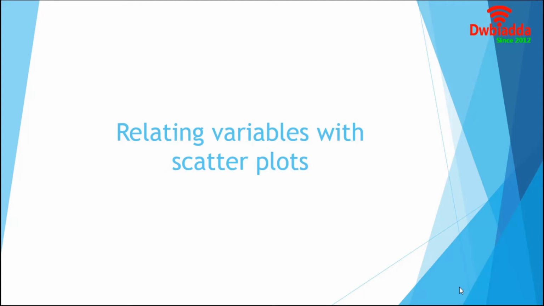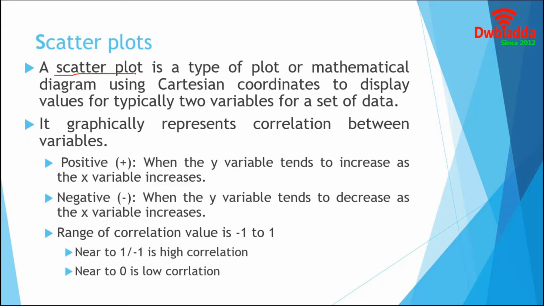Let's start the session. A scatter plot is a statistical diagram to display the relationship between variables. It basically depicts the joint distribution of two variables using a cloud of points, where each point represents an observation in the dataset. There are two different options for scatter plot. We usually use two variables to draw a scatter plot. Let's assume the variables are x and y.